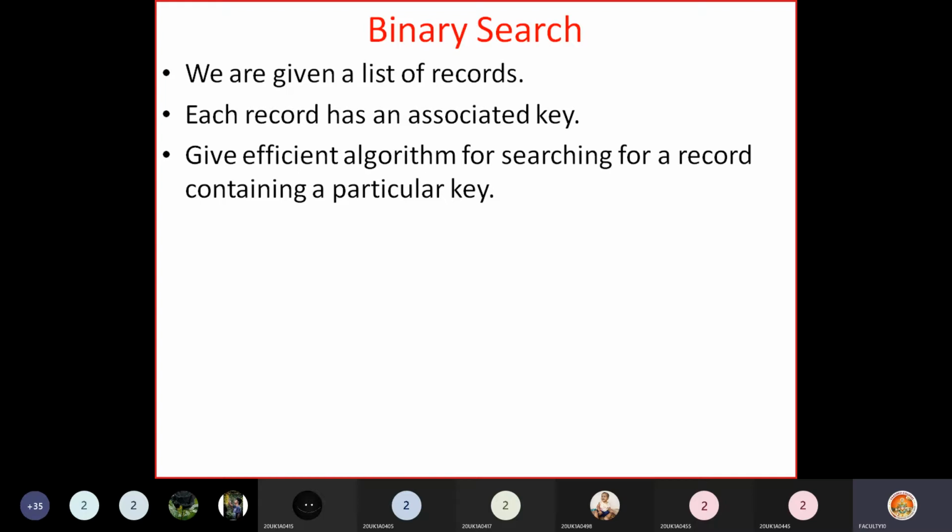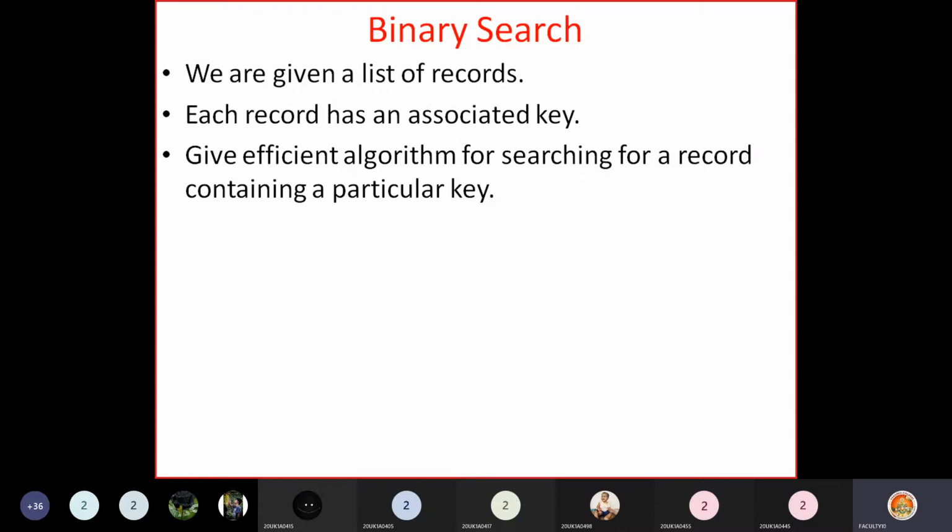Assume that every record contains a unique key associated with it. We need to search for a record containing a particular key. Because there are a number of records in the list, we want to use an efficient searching algorithm to find a record containing a particular key. So this is the search problem.